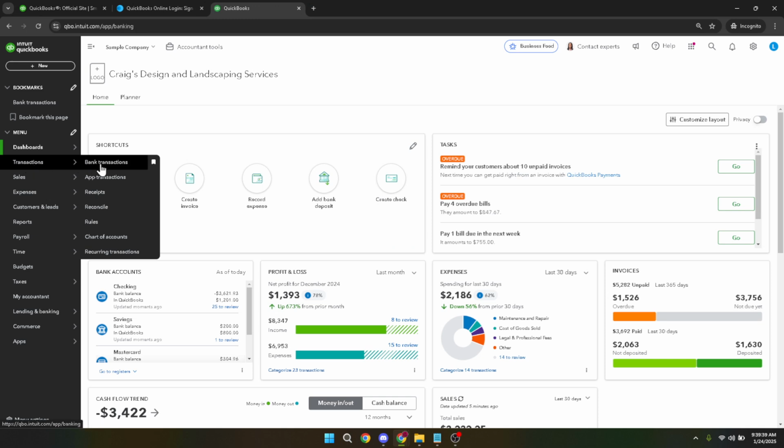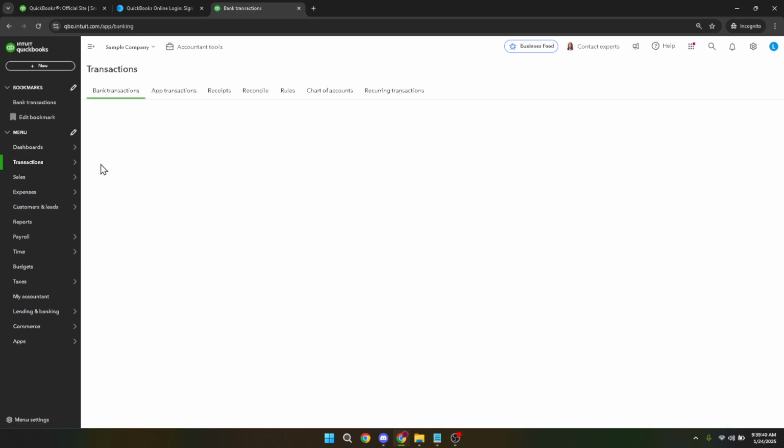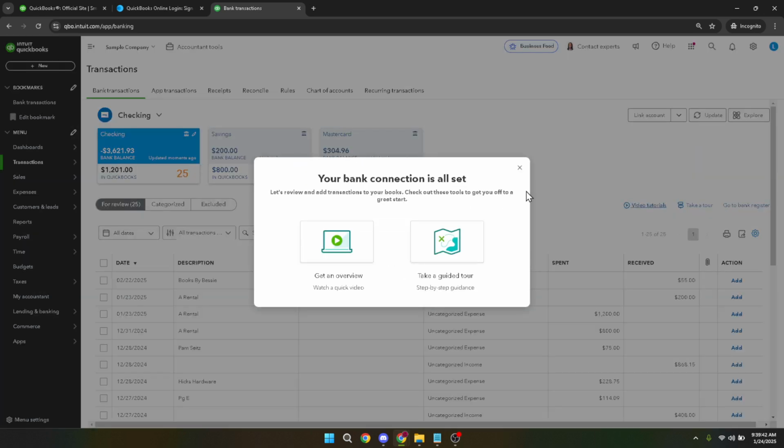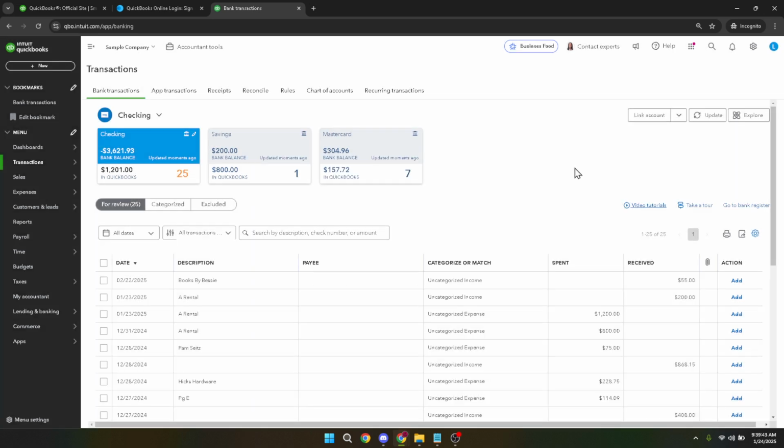Once you're here, the next thing to do is to select the specific account you wish to upload the missing transactions to. If you have multiple accounts listed, make sure to click on the correct one. Now focus on the right side of the screen where you'll find a Link Account drop-down menu. Click on this drop-down and from the options given, select Upload from File. This option allows you to manually add transactions that were missed during automatic uploads.